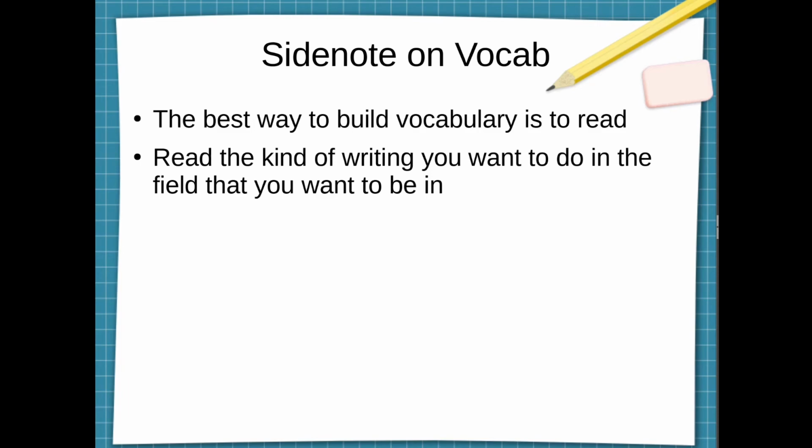If you don't know them, look them up, figure out what they mean, look at how they're used in context. And eventually you are going to get comfortable using those words in the way that other authors use them. And once you're comfortable with them, they're going to sound natural in your speech and in your written work. So just read the kind of writing you want to do in the field that you want to be in, and your vocabulary will improve and you'll get better at using those words.